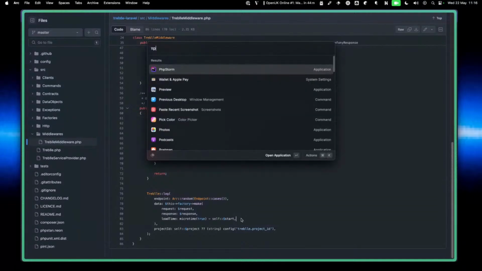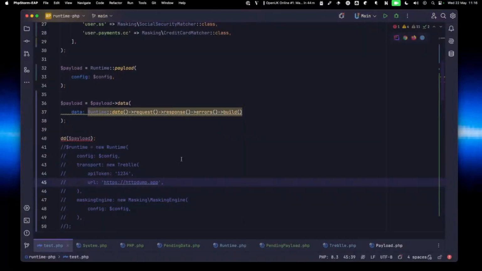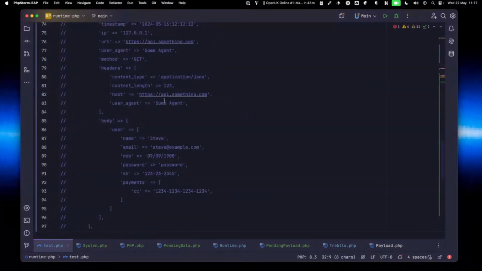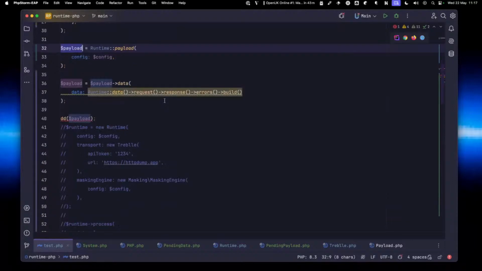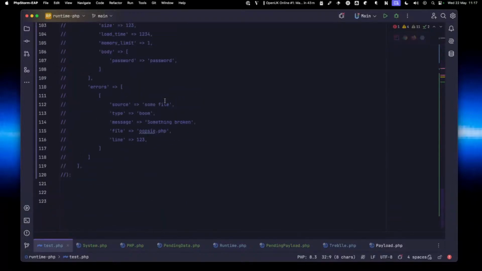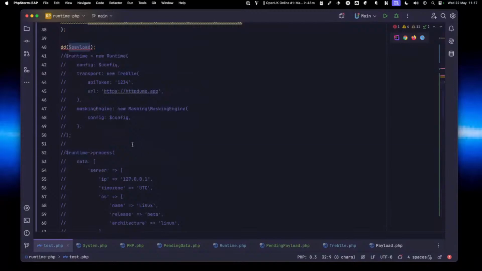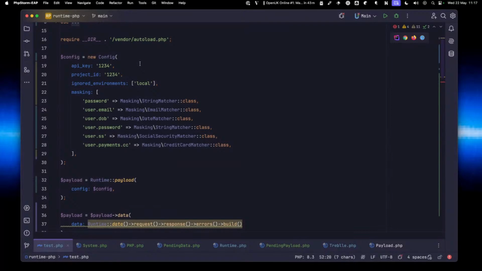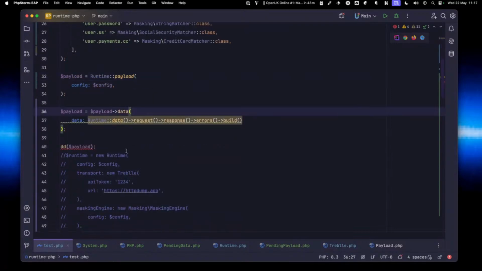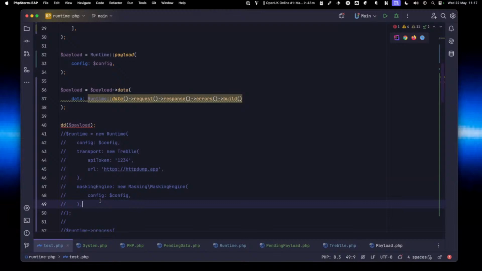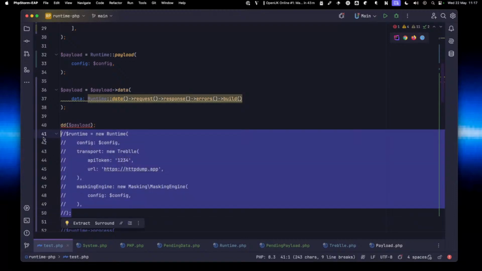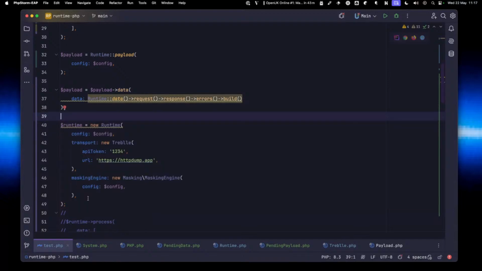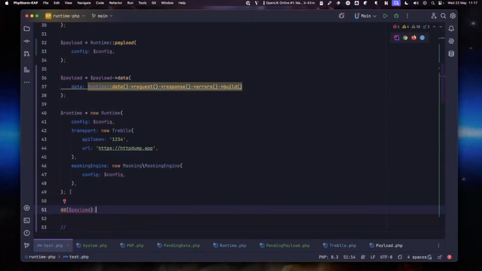So at this point, this payload wants to be partially built by the time it comes to try and send it all the way down here. So that payload process, this runtime process, we've already got config there, payload data, build up that, add the masking engine. So this bit is something that we definitely want now because we got all of that. So if we grab that and have that there,